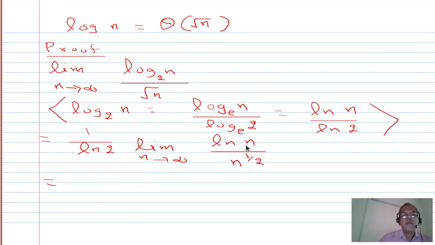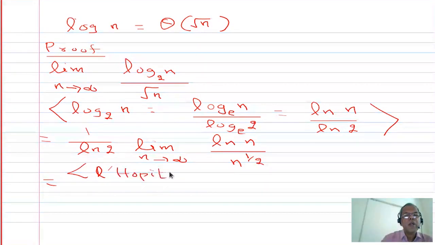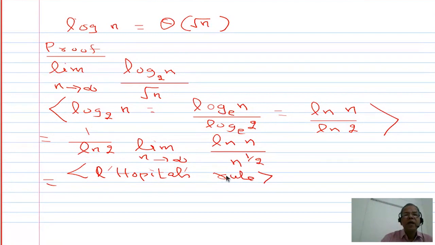Again this is hard. If you substitute infinity, log infinity, what is that? Therefore, apply, I don't know how you read that, do you read this as L'Hopital's rule? Differentiate both numerator and denominator. So you get 1 by ln 2 times the limit as n tends to infinity of 1 by n over